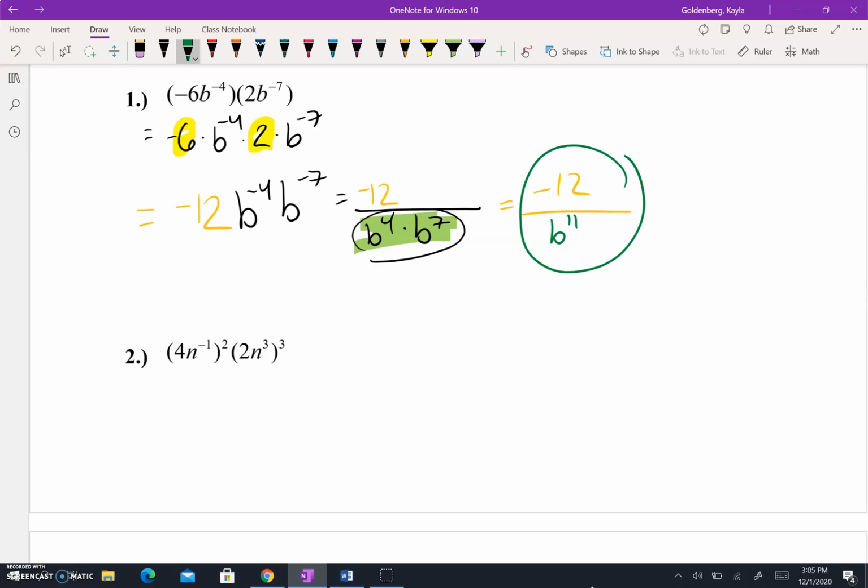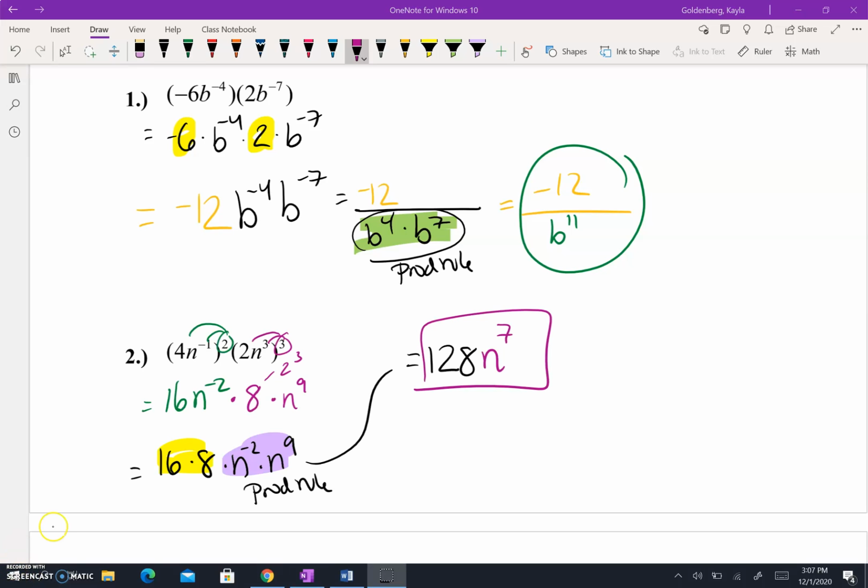And then why don't you guys try number 2, unpause when you're ready to check. Here's the answer. We'll go over